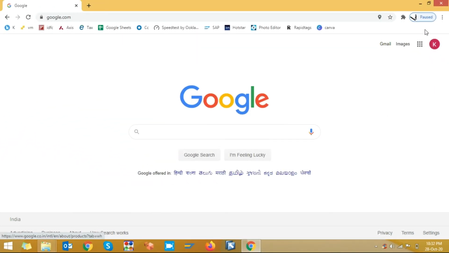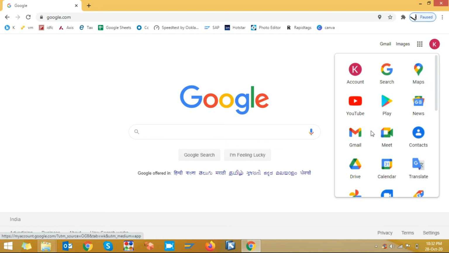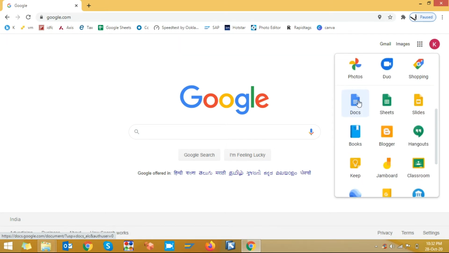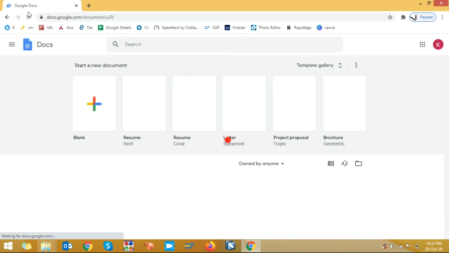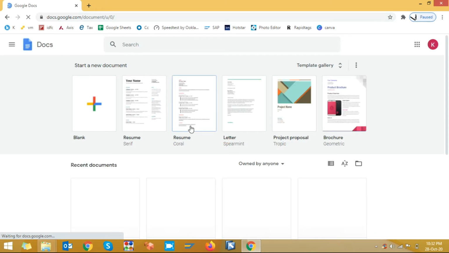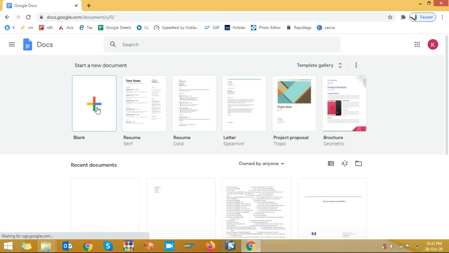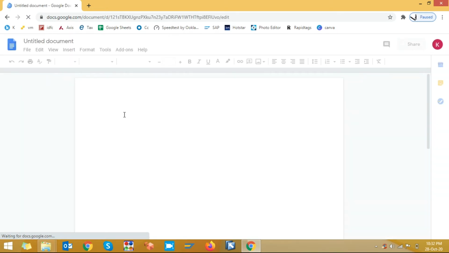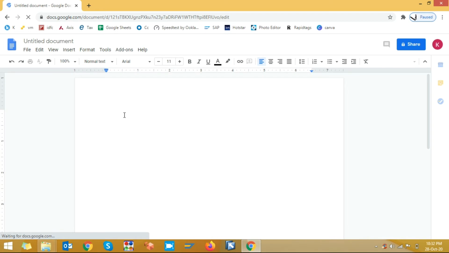After signing in with your mail ID, here you can see some dots. Just click on that, and if you scroll down, you can see documents. These are Google documents. Just open documents. I am opening my Google documents. Just click on blank. Blank means I am opening a new Google document. See,